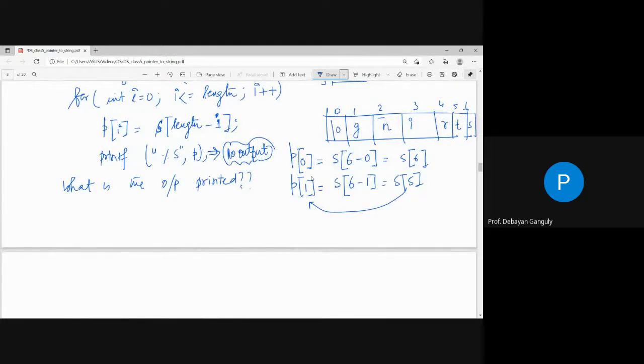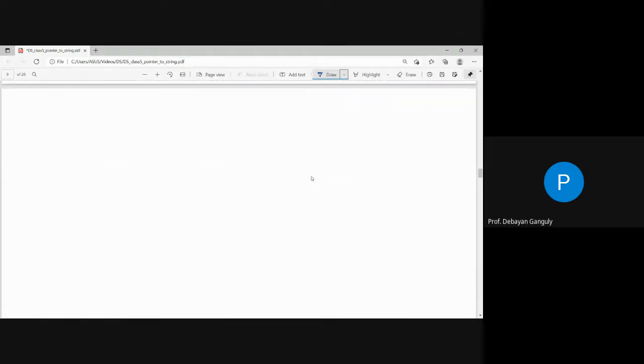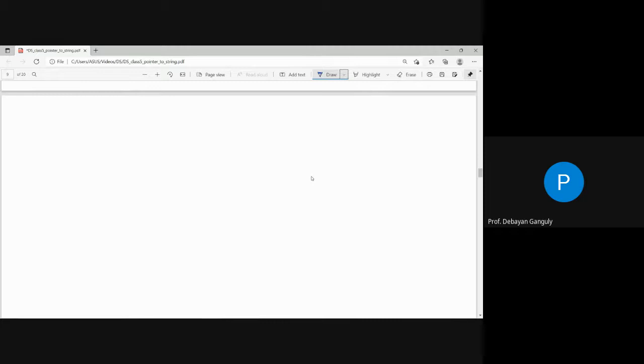The output that is printed is nothing but null, মানে কিছুই নেই, নো আউটপুট, কিছু আউটপুট তুমি দেখতে পাবে না। ওকে, ভেরি গুড। তাহলে আশা করি বোঝা গেছে।